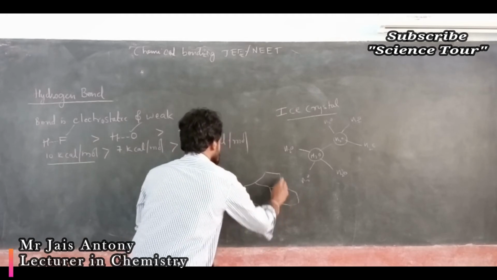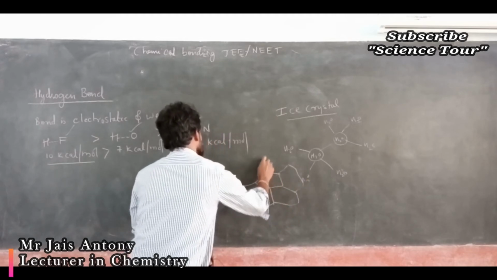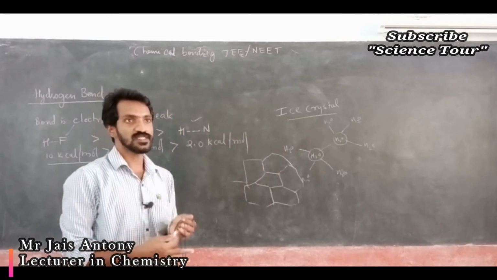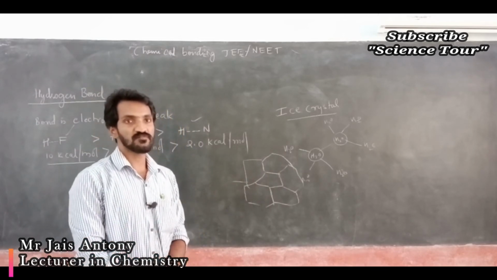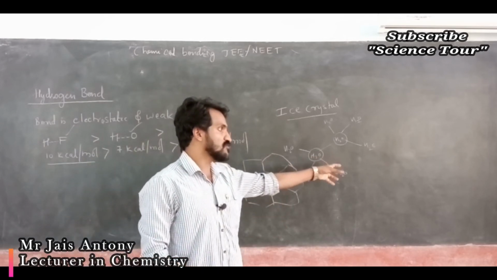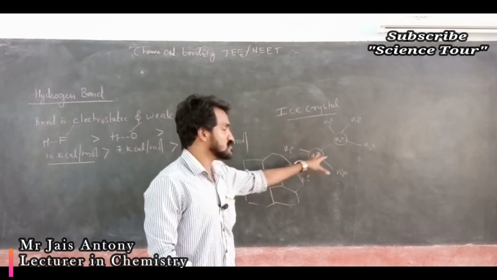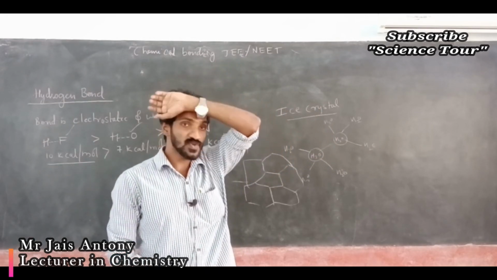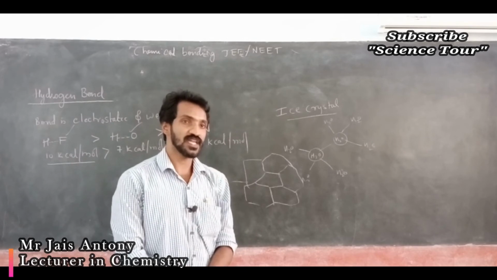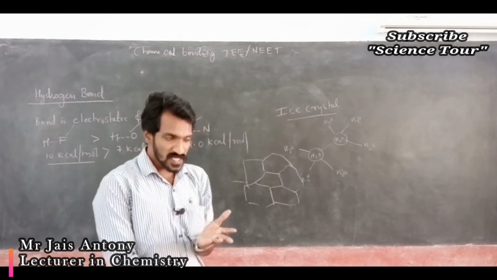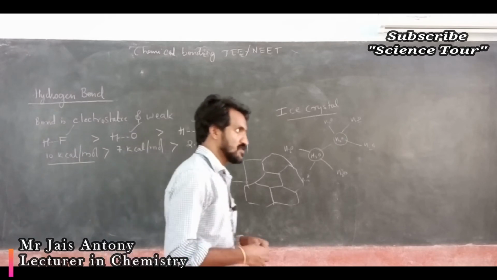A large space between the structure is possible, understood? Cage type structure, understood? Large space between the structure is possible, enough space is there, because each water molecule is attached to 4 different water molecules, so between these water molecules enough space is there, so it forms a cage type structure. What happens actually when you are increasing the temperature,